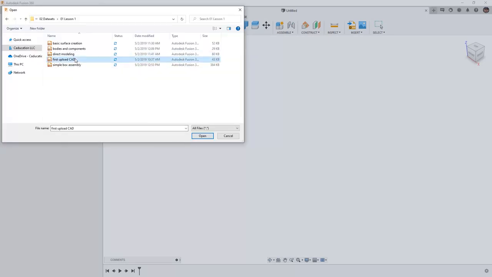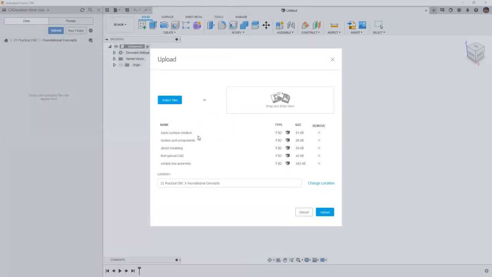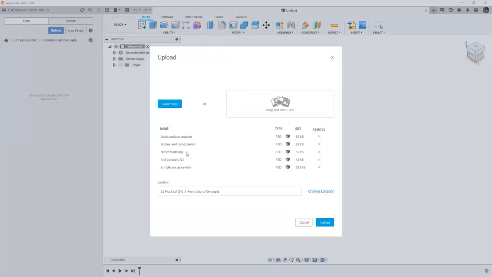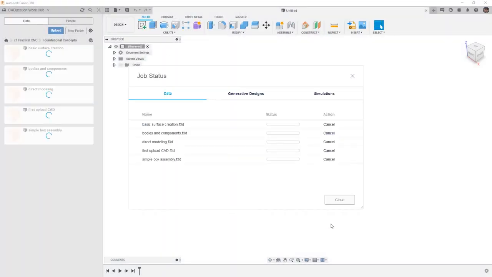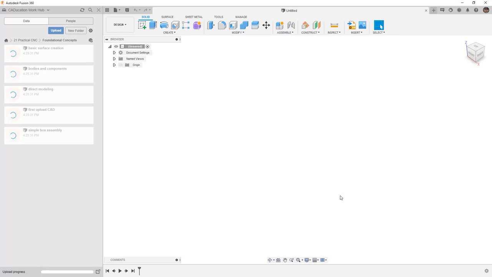We want to look for First Upload CAD, but since we're going to be using them, let's go ahead and select all the datasets in here. You'll note that each one of them is listed and we can select Upload. We're going to close the Job Status dialog box and we're going to allow these designs to get uploaded into our Foundational Concepts folder. The data panel is going to be the area where we create, store, and manage all